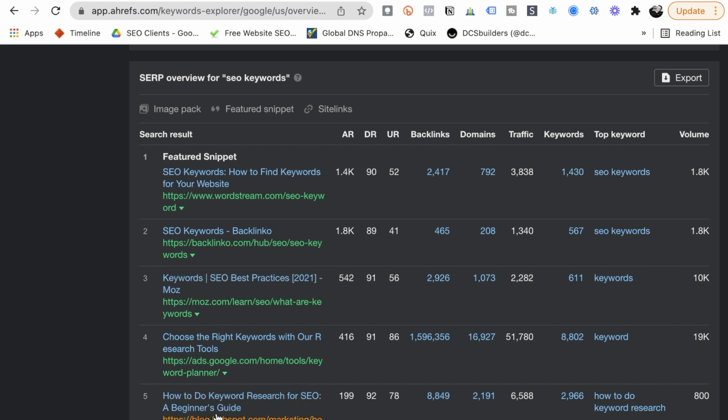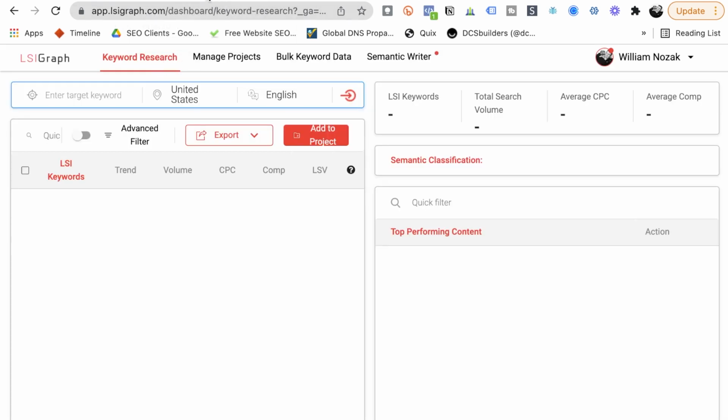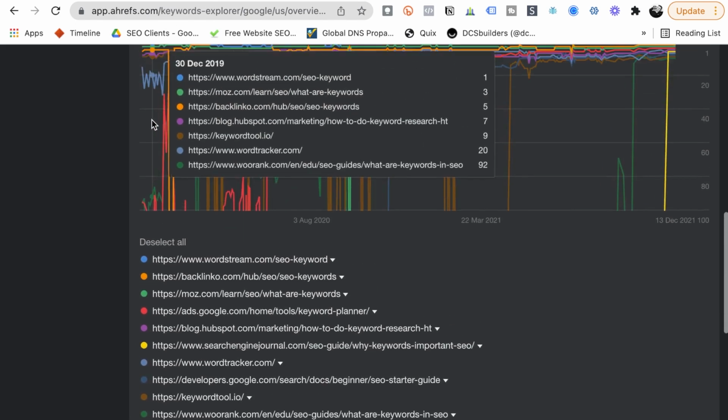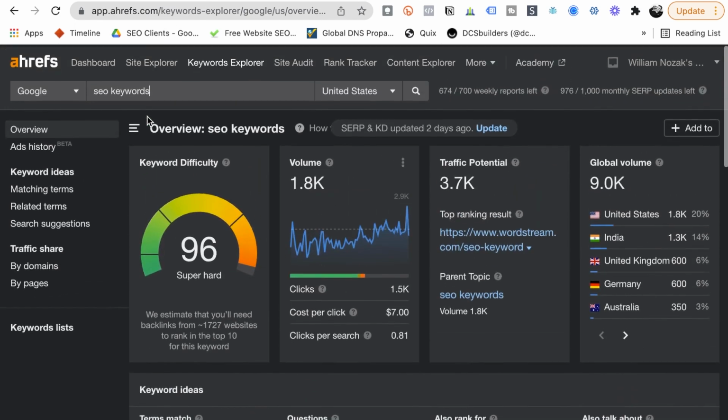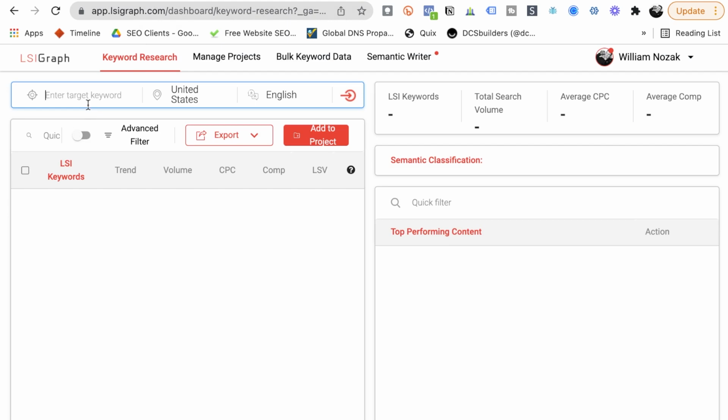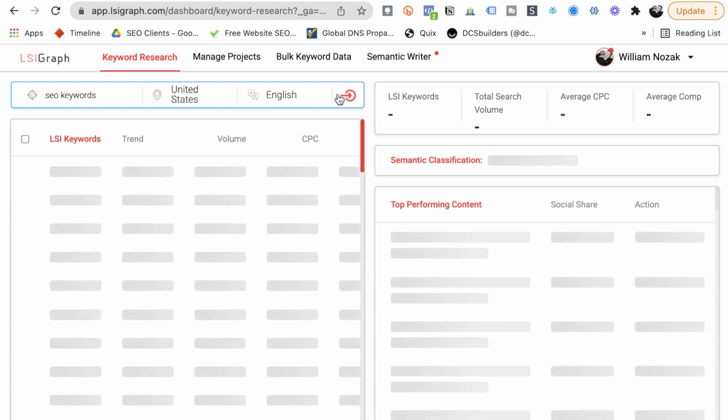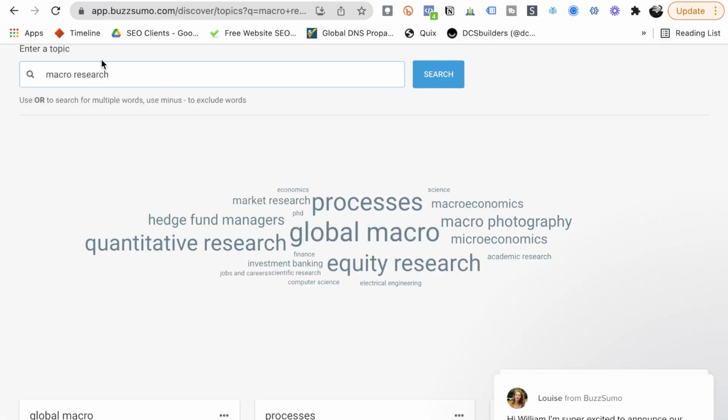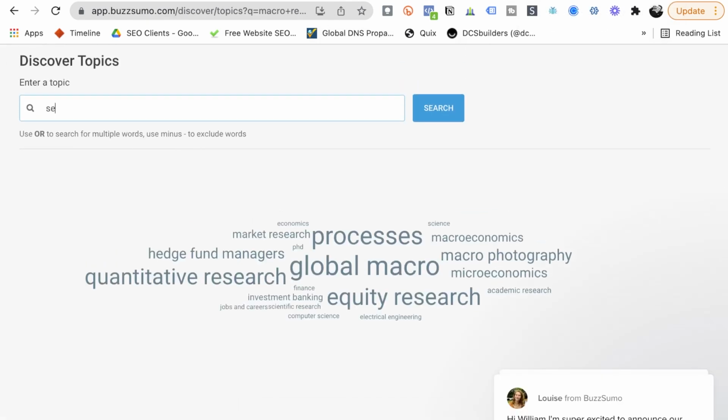I can do a further analysis of it with a keyword density tool. I might pop it over in an LSI, and this is just an example one that's kind of slow, but SEO keywords, I might try to pop it into an LSI graph tool of any type. And this one's usually pretty slow. Don't know if it's gonna give us what we want, but again, I could use it in BuzzSumo, SEO keywords,